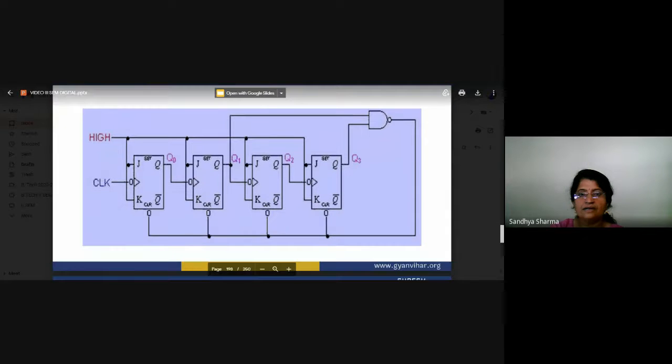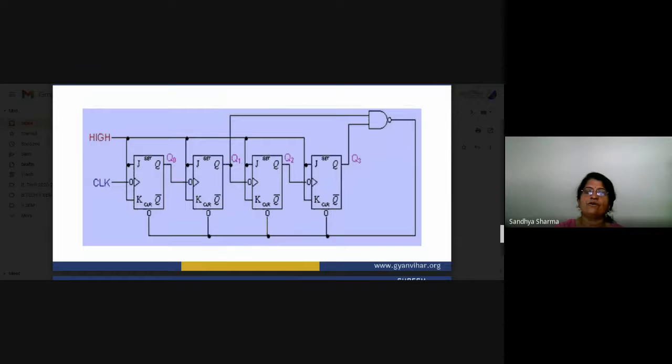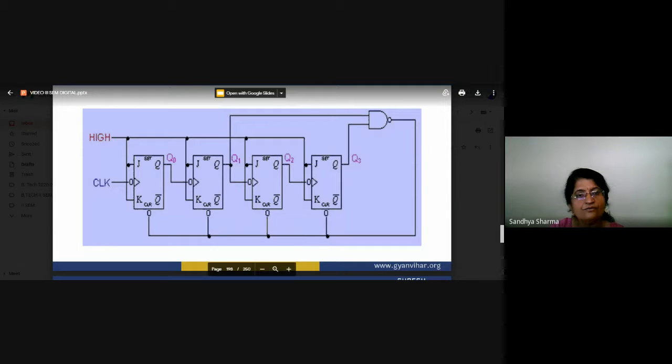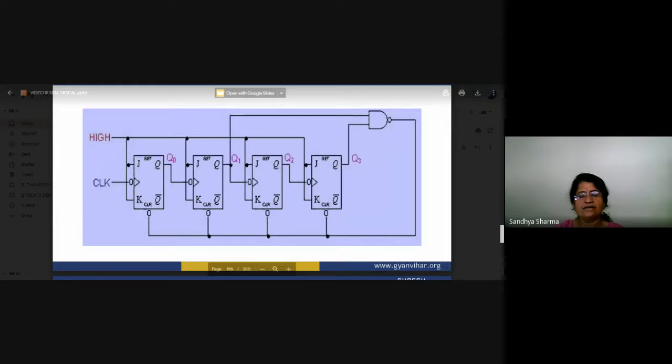Okay, and again, since it is an asynchronous flip flop, what will happen here? You give a high input to J and K. The output of the first flip flop is applied to the clock input of the second, and the same thing happens repeatedly. So you can design it. After counting one by one, take a sample of 2 flip flops. So now what will happen?